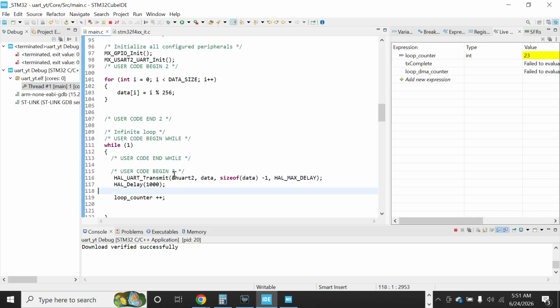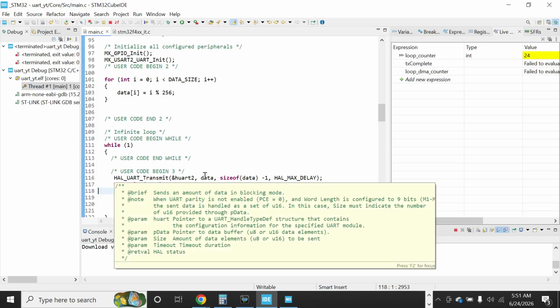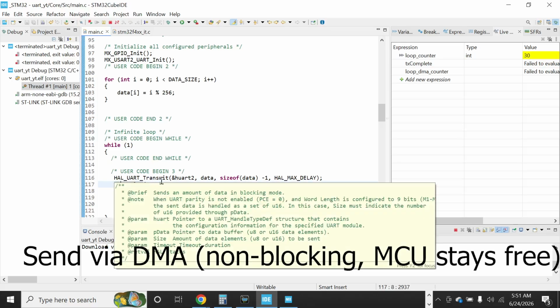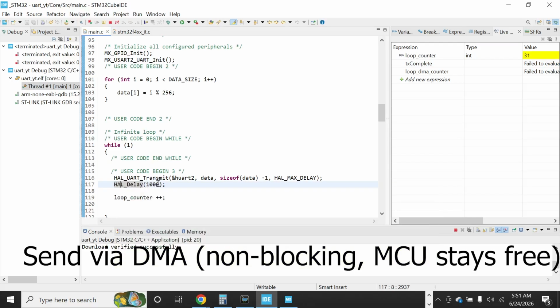So how do we solve this? How do we make sure we still send our large data via serial and not block our CPU? That's where DMA comes in. So how do we solve this? Let's go ahead and